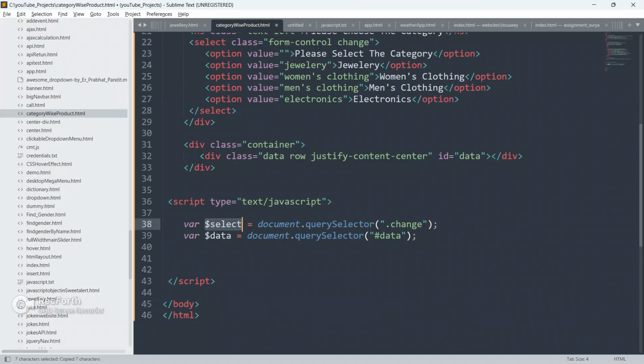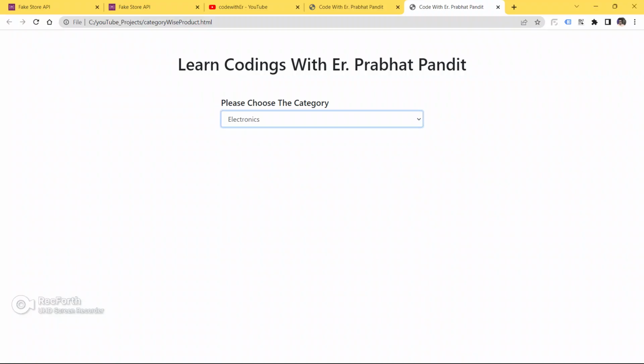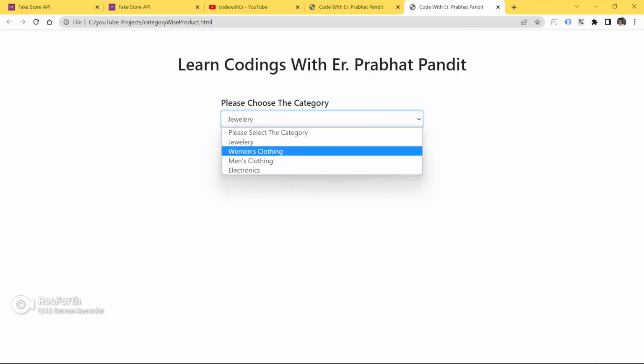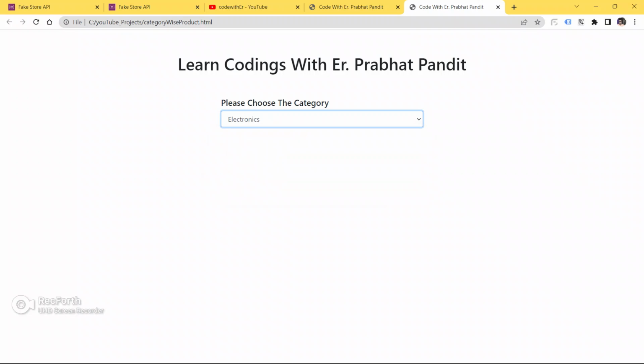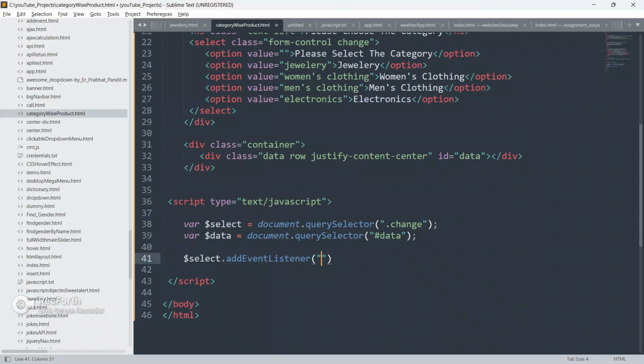In select, we are going to attach an event listener, so dot add event listener. What event? Change, because we are changing the category from the select box, and we are changing the value of this select box.